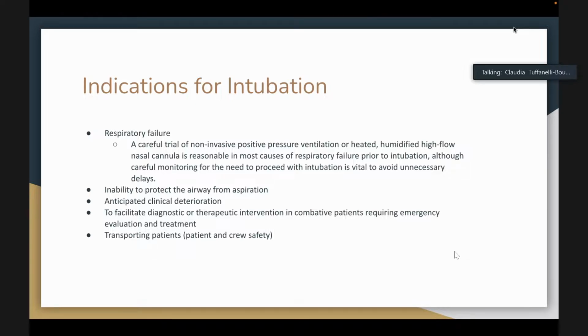Or if you think they have a lot of oral swelling or lip swelling, tongue swelling, that they might lose their airway, it might be good to intubate them before that's a major problem. If somebody has a burn in their mouth and you're worried that it's going to swell, those are all reasons to intubate. Another reason would be if you need to get diagnostic or therapeutic procedures done and the patient is just really combative,